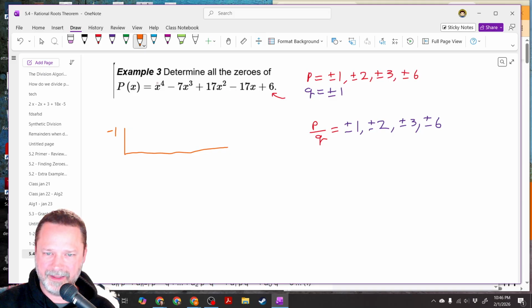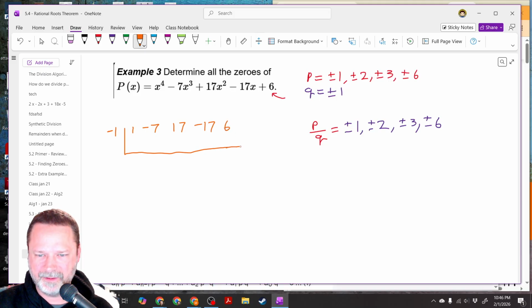All right, and then we got 1, -7, 17, -17, and 6. Those are our coefficients. Let's do the synthetic division here. Okay, bring down the 1. 1 times -1 is -1. Add it, we get -8. -8 times -1 is 8. Add it, we get